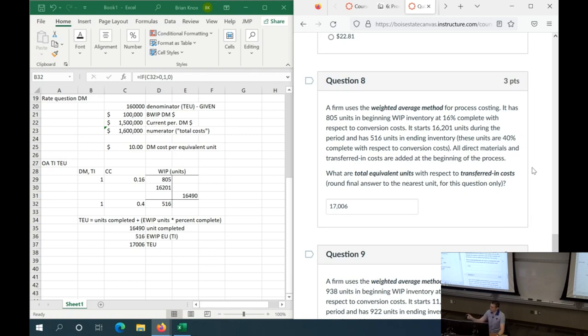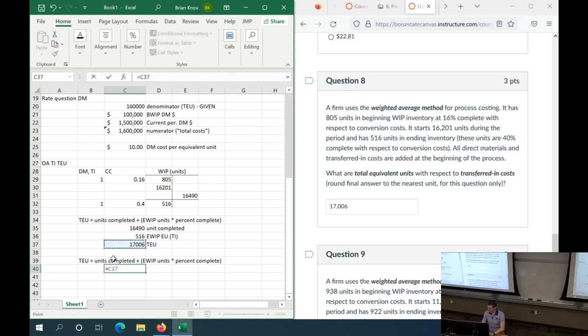Is really, I want you to read that and say, I can convert that sentence into information about what the percent complete is with respect to direct materials and transferred in costs. This means that all ending WIP units are 100% complete with respect to both those. So if the question was in respect to conversion costs, then you use it. Yes, exactly. So if we were trying to find